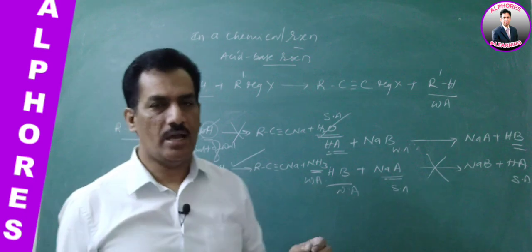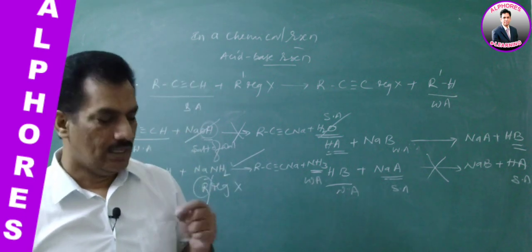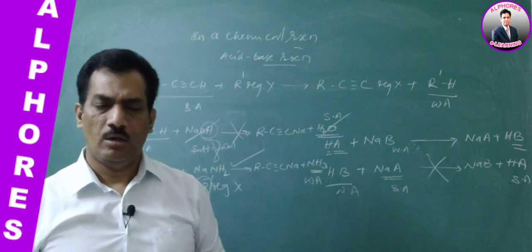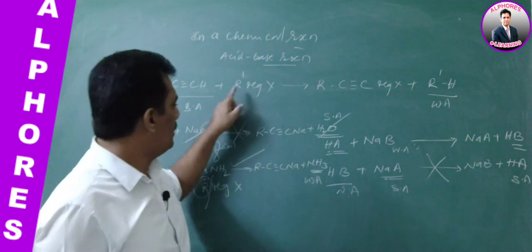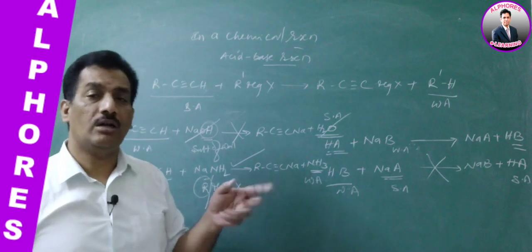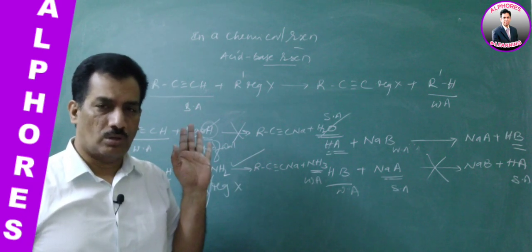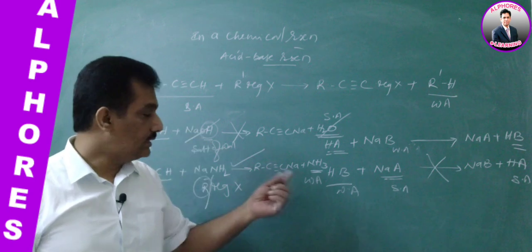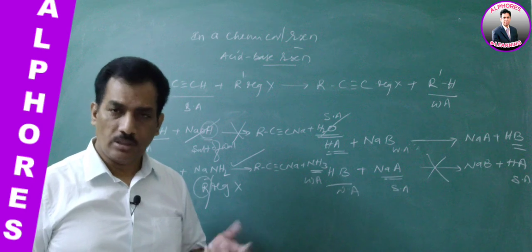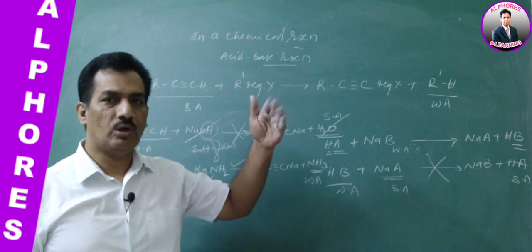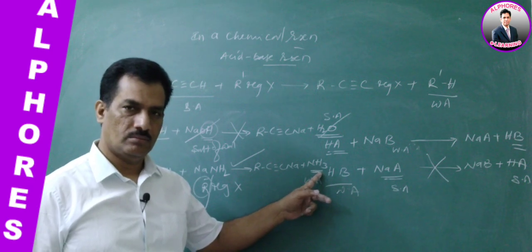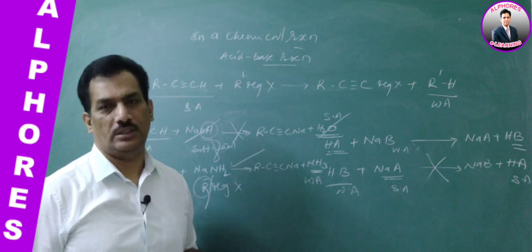Just you should have the idea about the acidic strengths. When the reactant acid is compared with the product acid, when these reactions happen, other than the cation, the anionic part converting into the neutral molecule is taken as the acid. Even though NH3 is not an acid, we know it is a base. So when basic character is more, acidic character is less. That's why it is a weak acid. Like that you have to think.